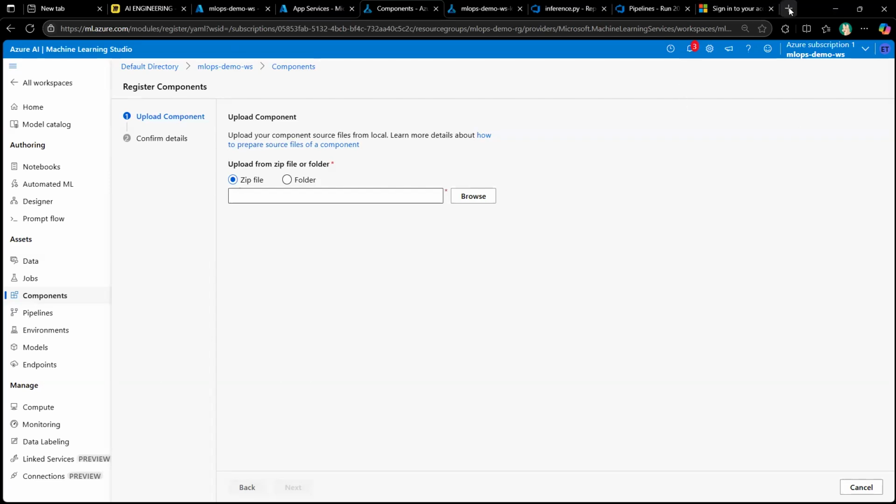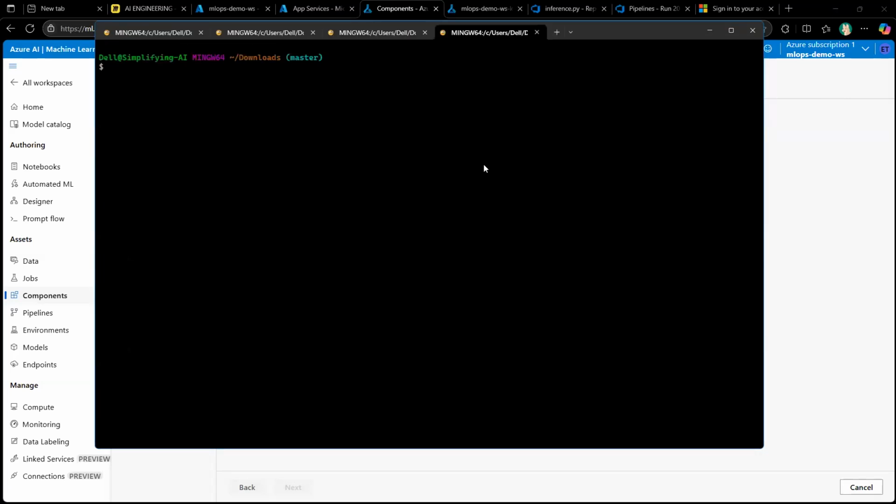Let me go to the terminal and run git clone https://github.com/Azure/azureml-examples with depth 1. So this is already a known GitHub URL, Azure examples. If you download this,